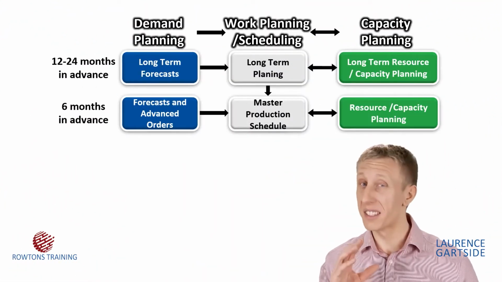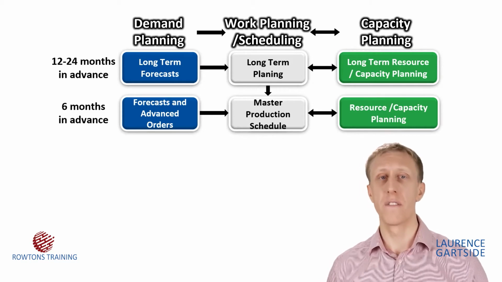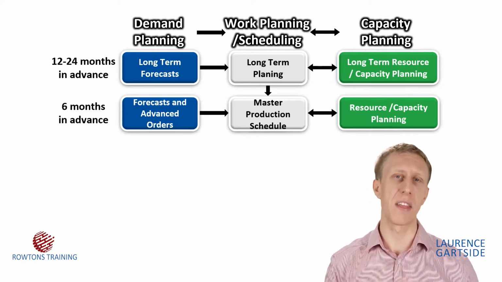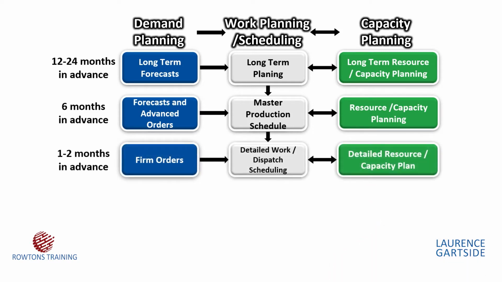And again, simultaneously, we will be doing the same at a higher level of detail for the planning of demand, capacity and the work in the nearer future. Maybe looking forward just a month or so now, we might have a much more robust forecast, because remember, we are continuously updating our forecasts and, even better, maybe now we have mostly confirmed orders in our queue of work. Resource and capacity allocation is close to set, and we're in a position to make a detailed work schedule for the coming weeks.